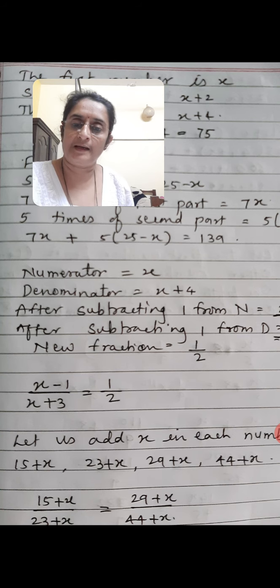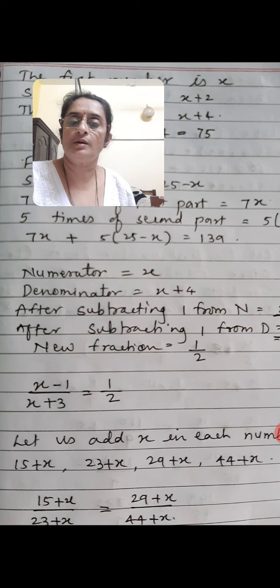So if the numerator is 1, the denominator has to be 5, 1 plus 4. Here we don't know the number, so we are going to consider the numerator as x. And what is the denominator? 4 more than that, so it will be x plus 4. So when we write this in the form of a fraction, x is at the numerator's place and x plus 4 at the denominator place.